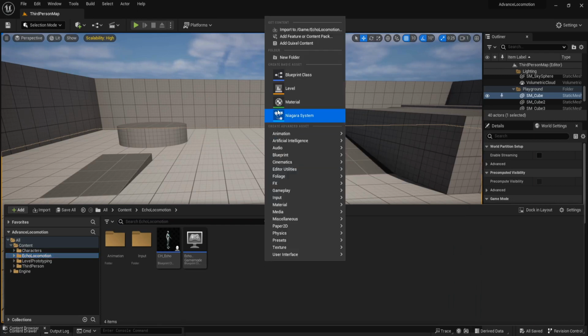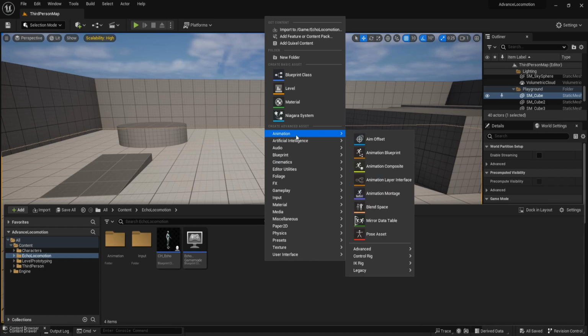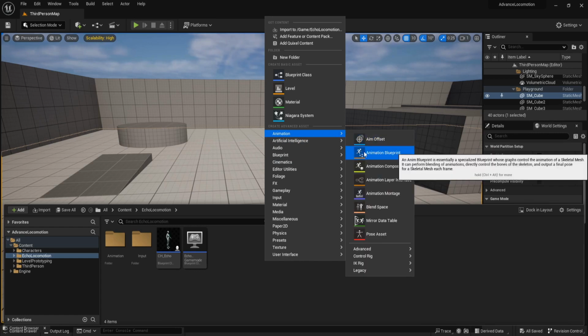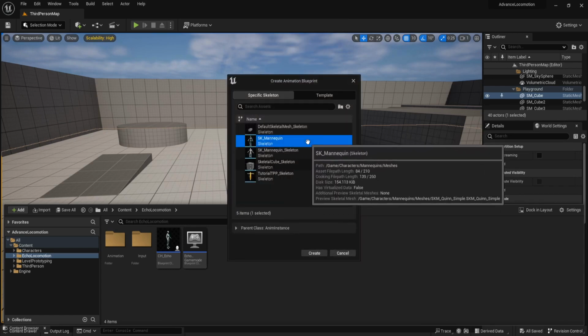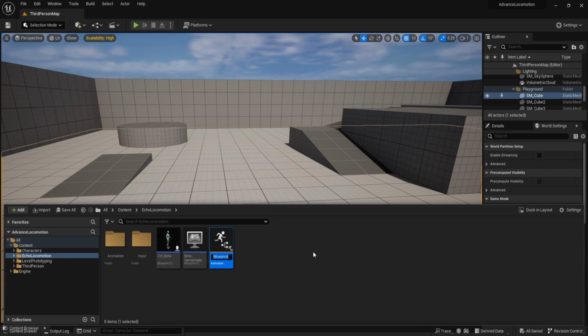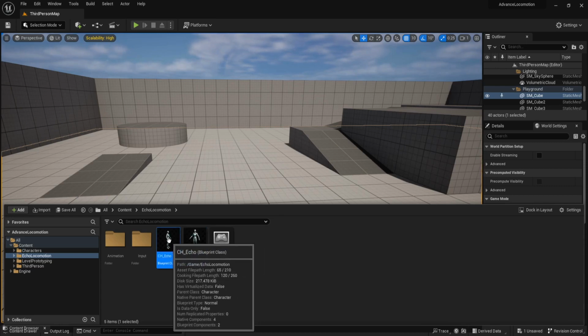and choose animation blueprint and choose SK mannequin and create. Name it Echo Anim BP and open C8 Echo.